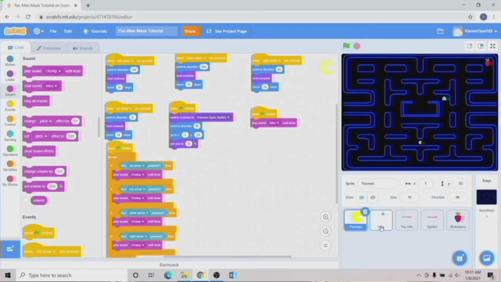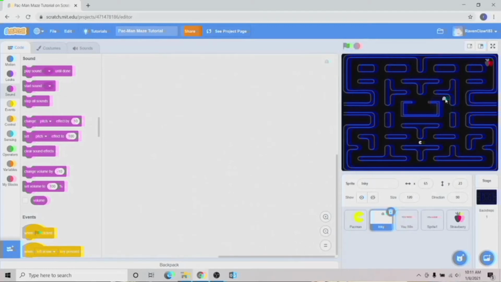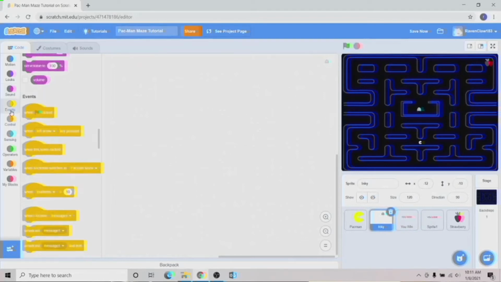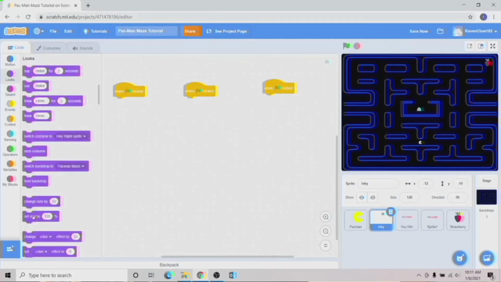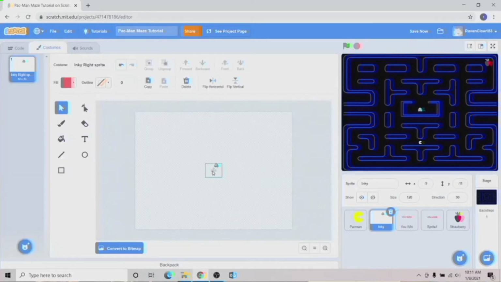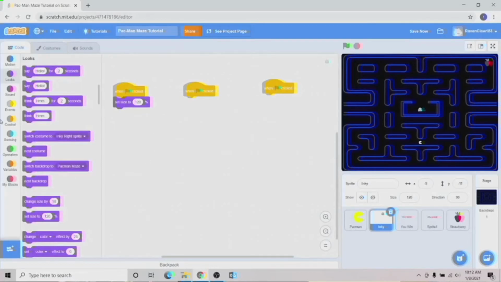Let's move on to our ghost, Inky. He's my favorite, so we're going to use him. We're going to need 3 green flag blocks. This will be all the ones we need. So we're going to set him to 120 to make him look bigger, because I have his costume shrunk down a lot to where he will fit right here in the middle. Then we'll have him go